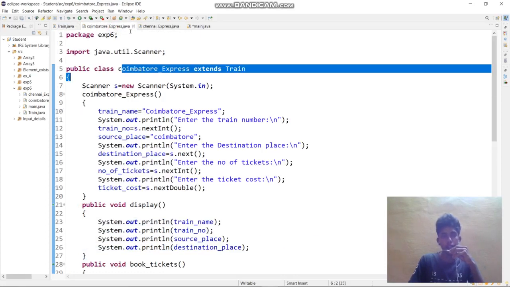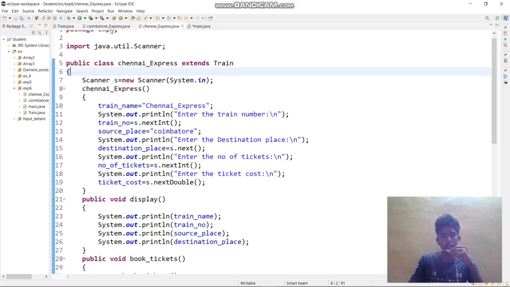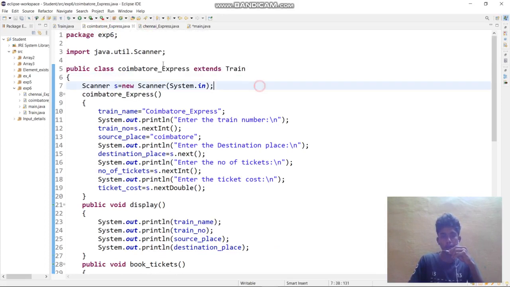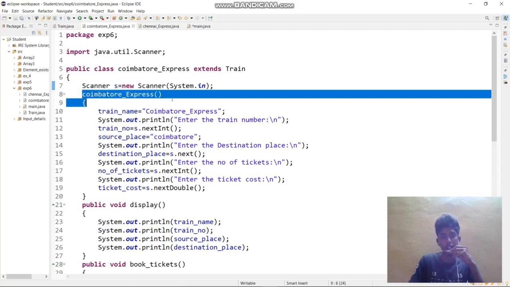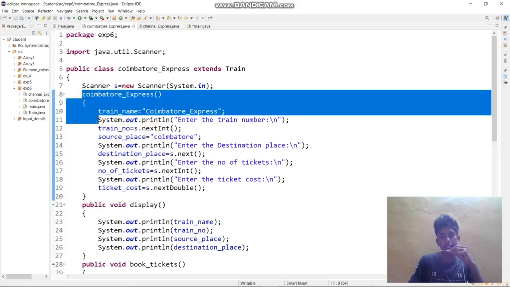Now they have said two classes, Coimbatore Express and Chennai Express. First, let us see the Coimbatore Express. Both are the same, but here I have also declared the Scanner class to get input, and I have created a constructor.